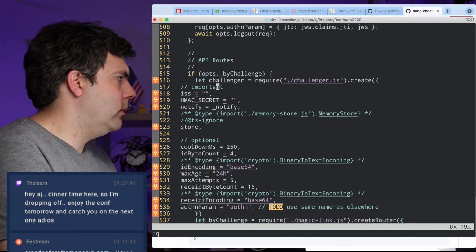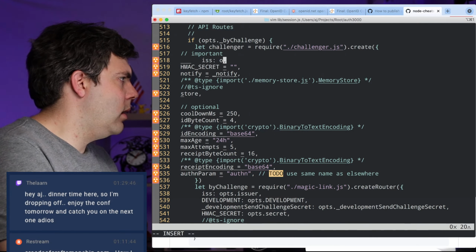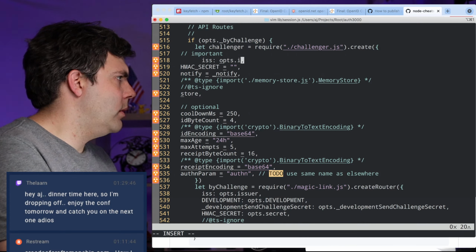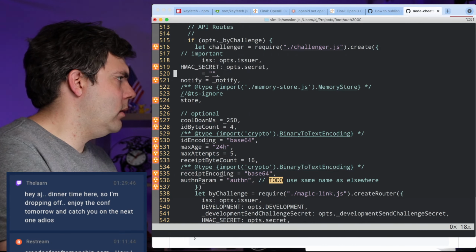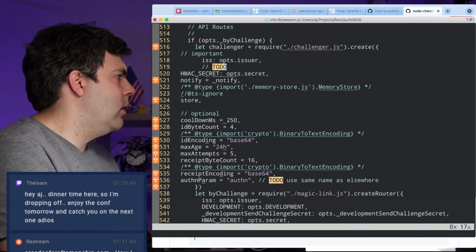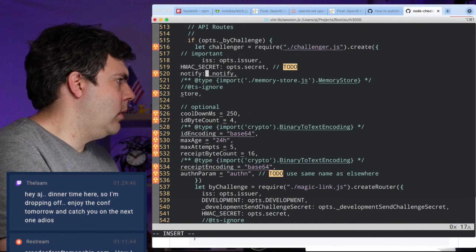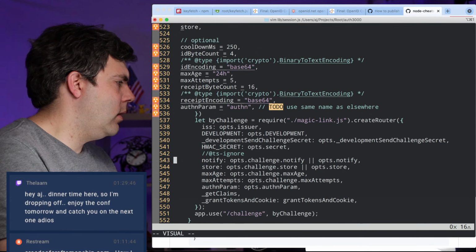Unexpected token what? Let's see. Ops.issuer. Ops.secret. Oh, huh. I should probably just rename that to secret then. Where's notify here?